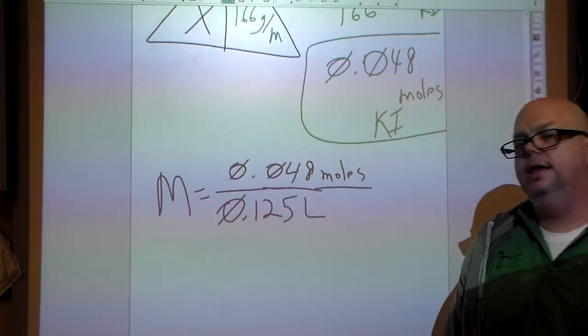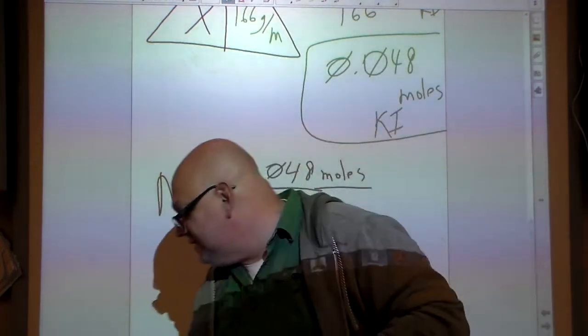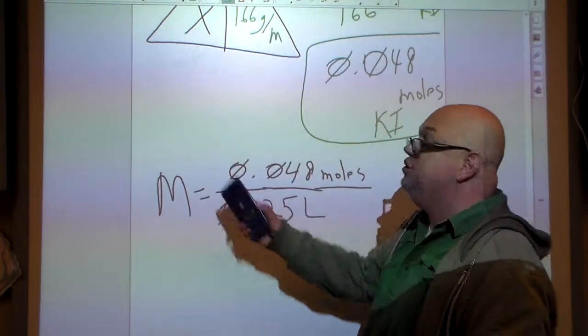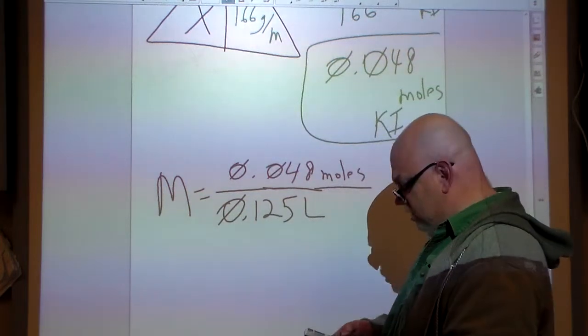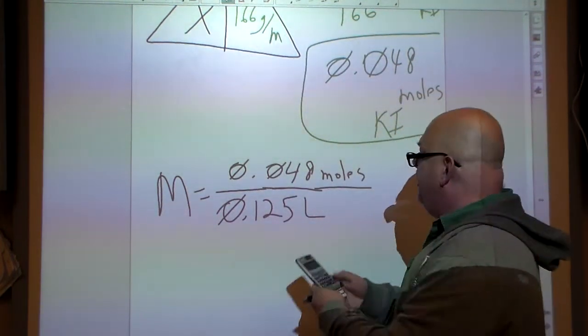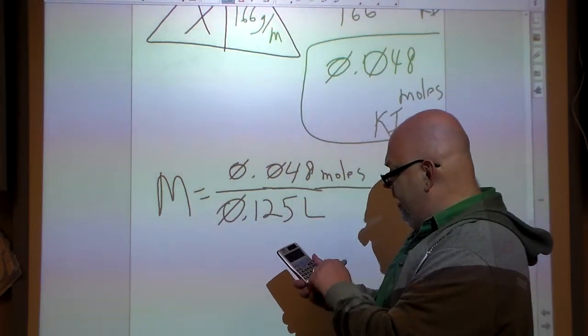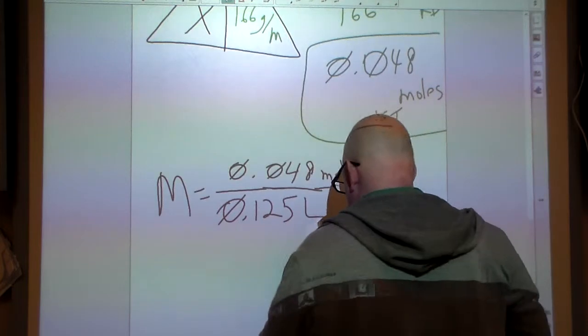So this is what we've got, ladies and gentlemen. This is our last step, and we get to divide according to the molarity formula. 0.048 divided by 0.125, and we get ourselves